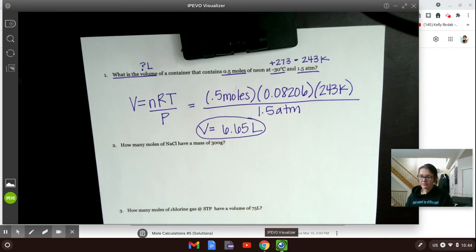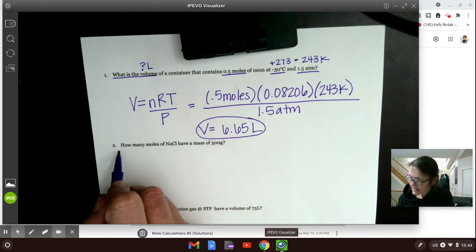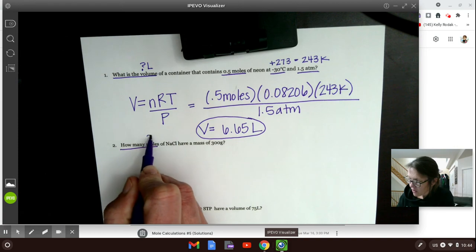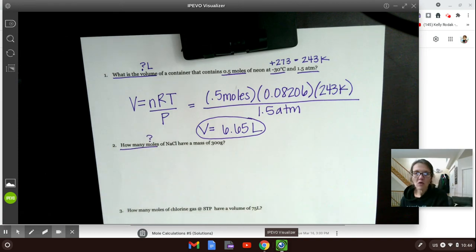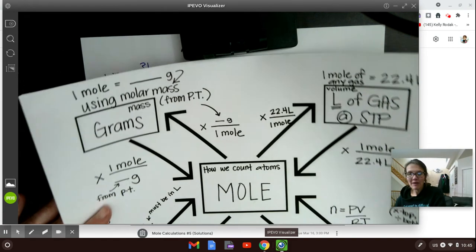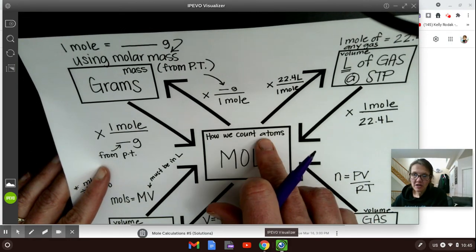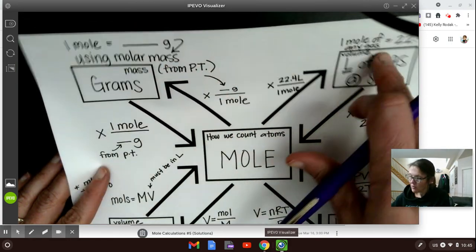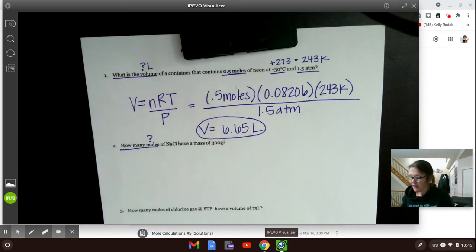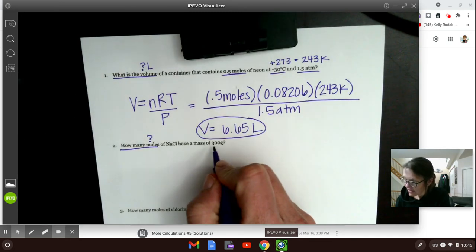All right. Next problem says how many moles. So I'm looking for a number of moles, which means on my map, I'm going to be going to the center. So my given is going to have to be one of the outer spokes. So let's figure out what it is. It says how many moles of NaCl have a mass of 300